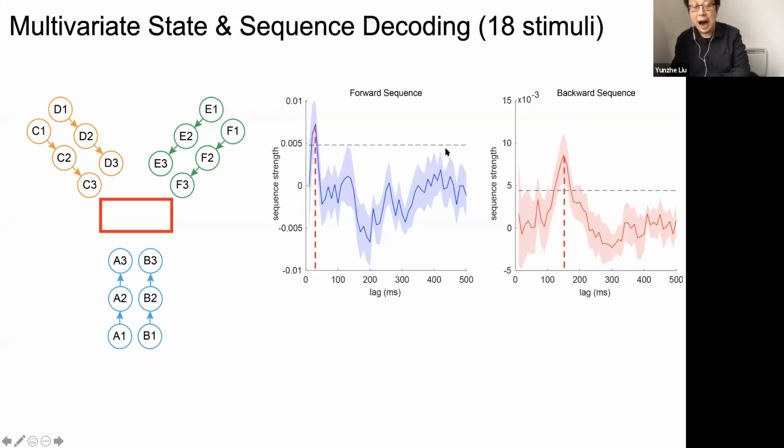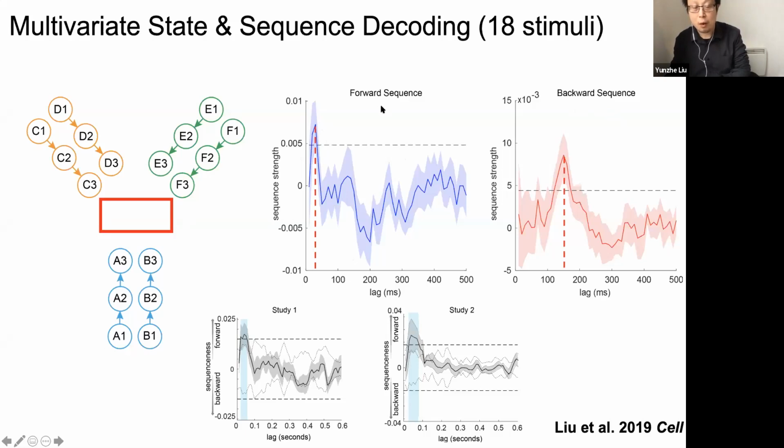So you can see we can identify 2 types of replay, one in the forward direction. Forward indicates the same direction as experience, while backward means the opposite direction from experience. And it's interesting because this forward one replicates our previous study done during rest, where we showed a dominant forward replay at 40 or 50 millisecond time lag. So it's really, really fast. But this backward one is intriguing. It's slower, it's backward. It potentially may be related to non-local learning.